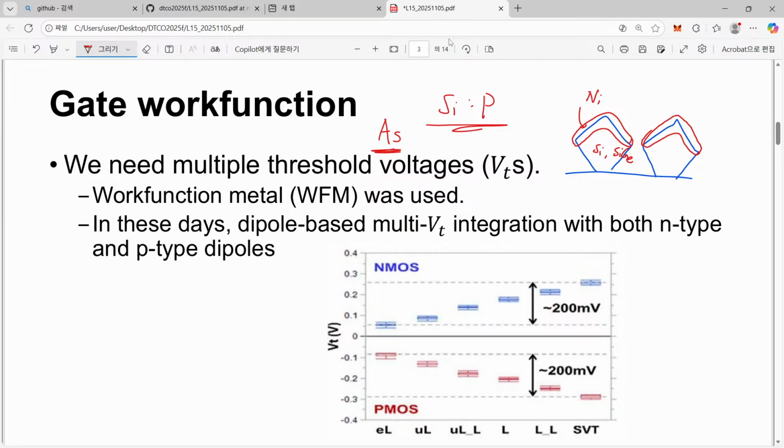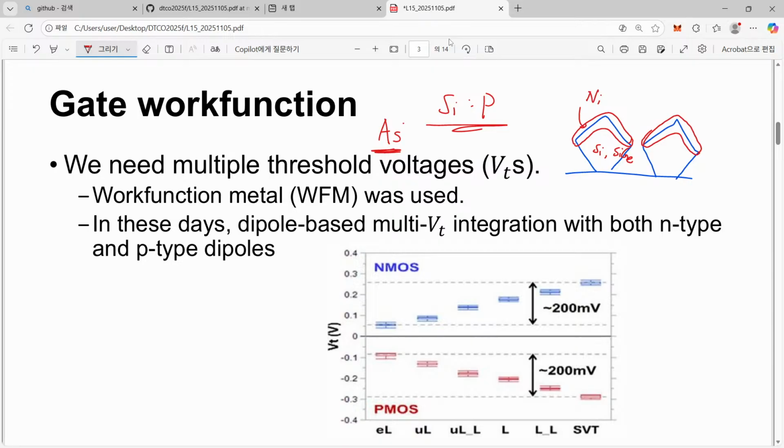Arsenic is much heavier. So since this is heavy, once it is injected into this silicon channel, it does not move because it is quite heavy. But in the case of our epitaxial growth for source and drain,